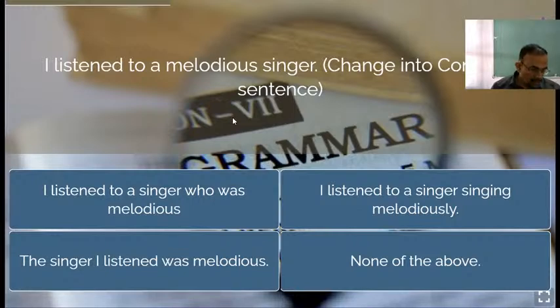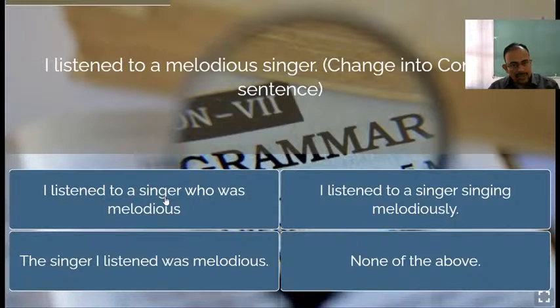Which one do you think is the example of a complex sentence? Tell me, I'm waiting for your answer. Harshal, Akanksha, Asmita, Manajoy, number 1. Okay, so let us study first.